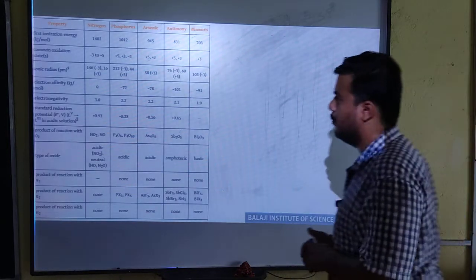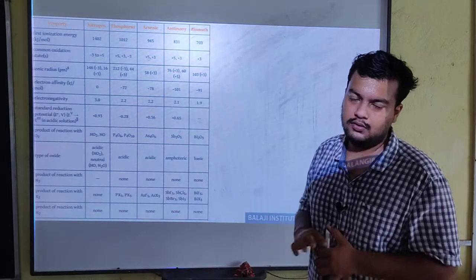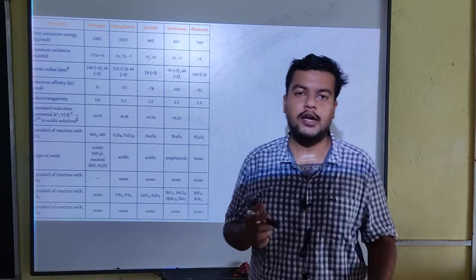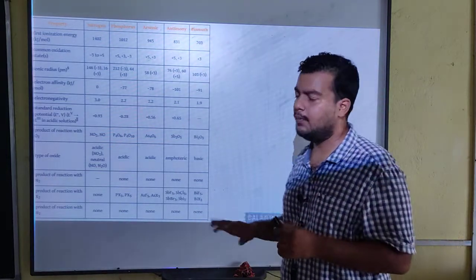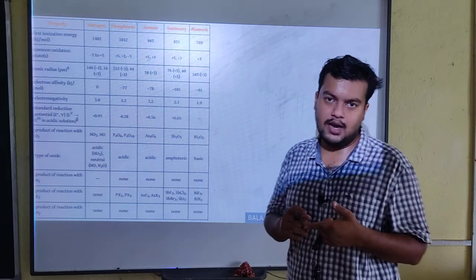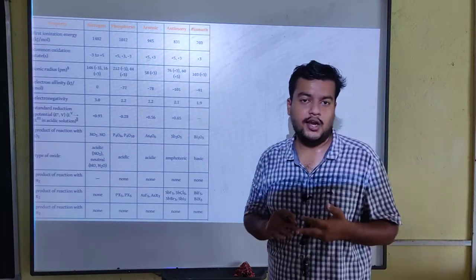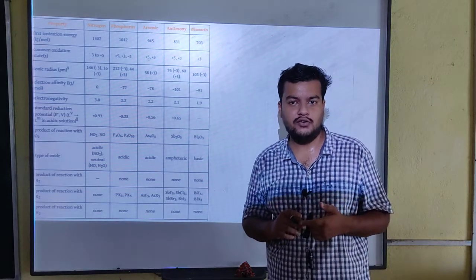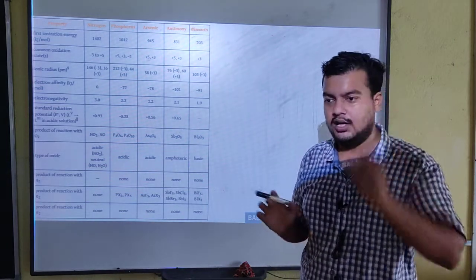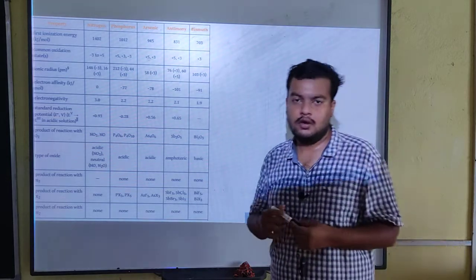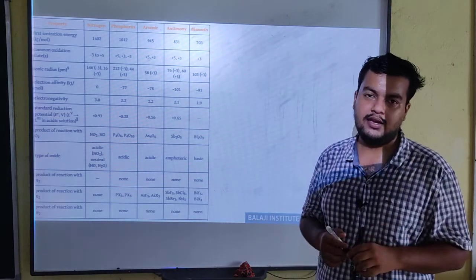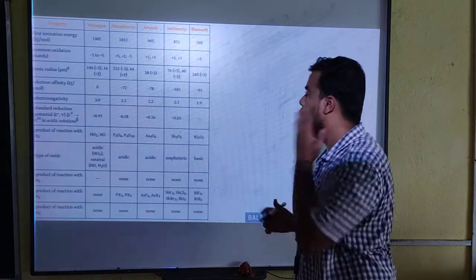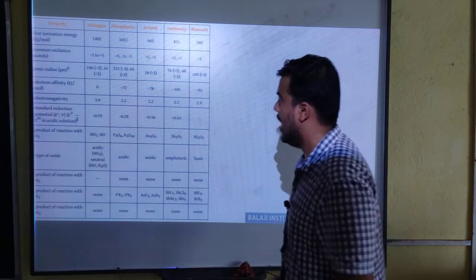So here are some more properties. Kindly write down all these properties. When we study more groups like group 16, group 17, group 18 or d-block elements, we will talk about these properties only: the atomic mass, electronic configuration, electronegativity, atomic radius, ionization enthalpy, and common oxidation states. Just go through all the terms in your book, or you can search online, or you can ask me directly. Otherwise, I will also be explaining these terms here. Okay, so let's see the first, ionization enthalpy.